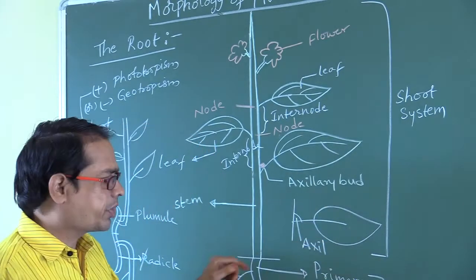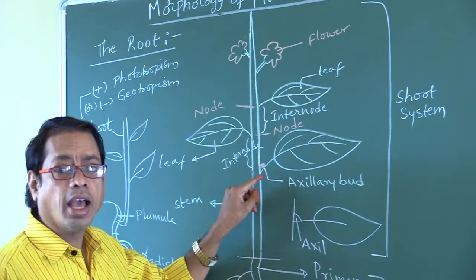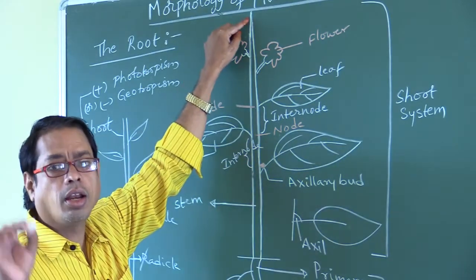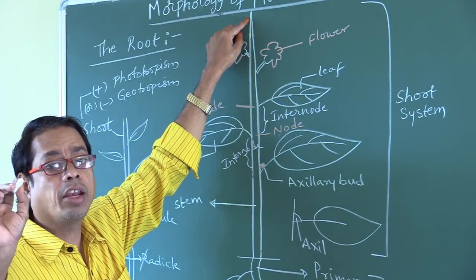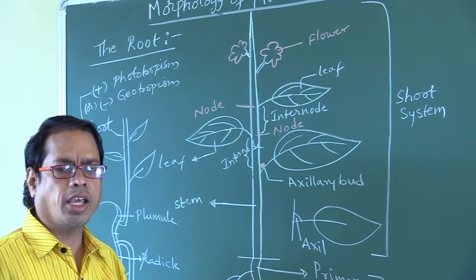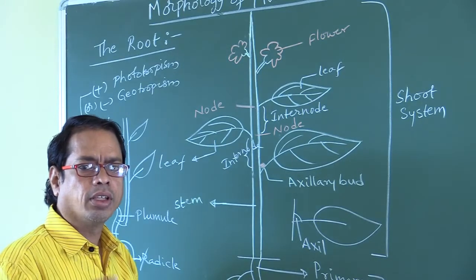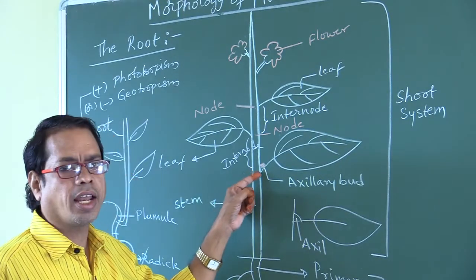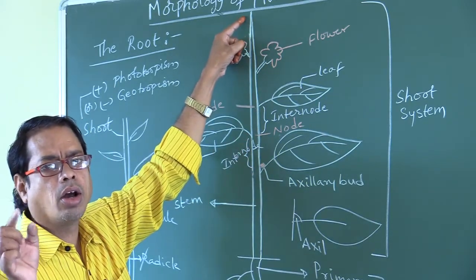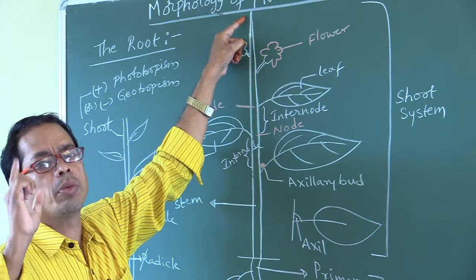The bud which is present in axil is so called axillary bud. Which is present at the stem tip is so called apical bud or terminal bud. How many types of buds are there? In the axil of leaf, bud is so called axillary bud. At the shoot tip, it is so called apical bud or terminal bud.